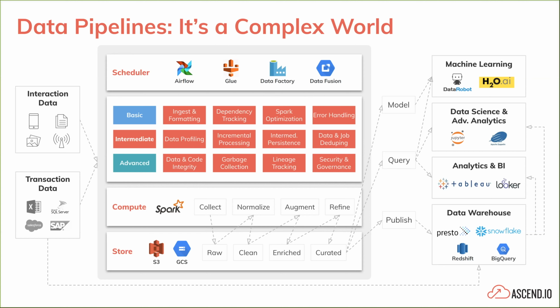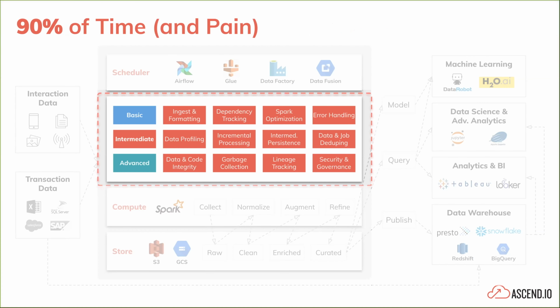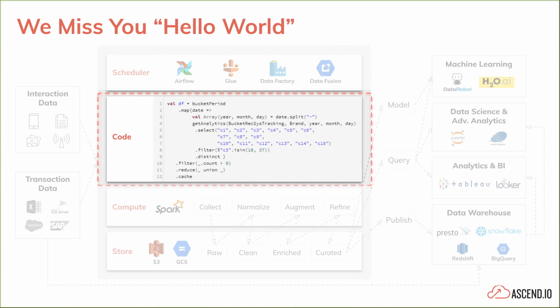And then you take a step back from that huge set of red boxes that I just went through, and even more that exist. And you realize that 90% of the time and the pain of a data engineering pipeline, we're spending on stuff that's not actually the business logic and not the task at hand. And really, it's because there's just a lot of hidden and inherent complexity in a data pipeline. It really makes you remember back to how we got started, where in the hello world, we just had some code and some business logic that we wanted to apply.